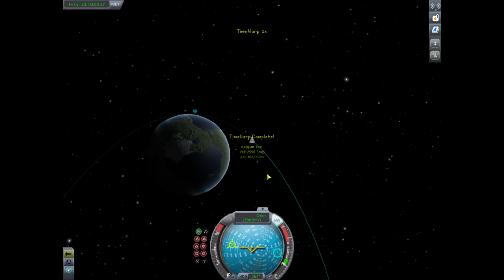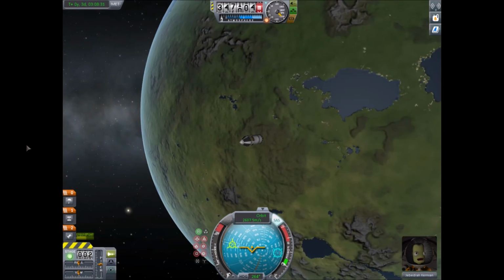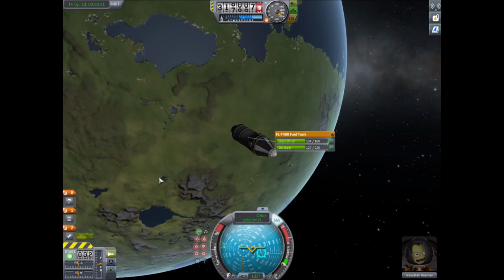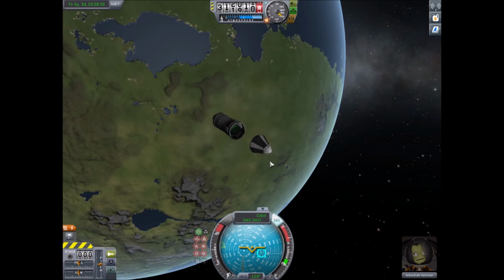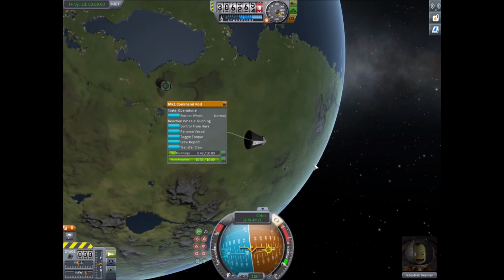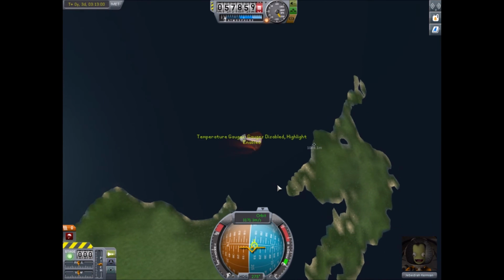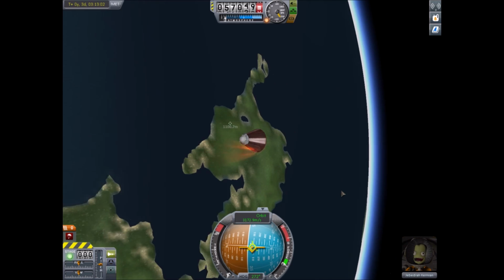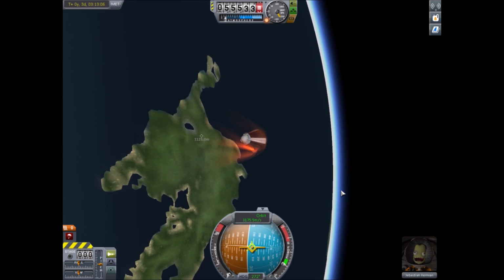As I said, this is about the point things get interesting. No, I think I'm past the point of no return, so I'm going to jettison, and just position myself so I'm pointing bumwards. Watch the temperature gauges, because this is going to get exciting. Fortunately, your basic re-entry module